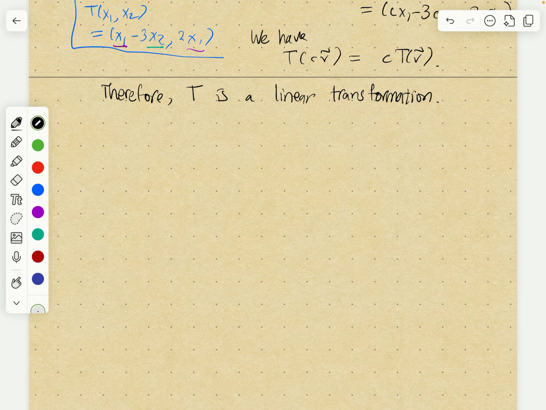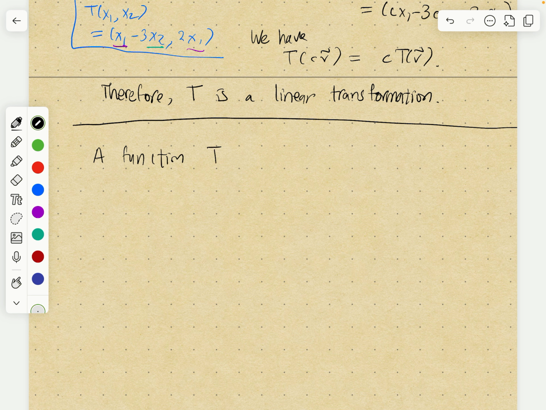Okay, let's think about what it would mean to not be a linear transformation. So we're done with that example. What does it mean for a function T from Rn to Rm to not be a linear transformation? It's not a linear transformation if